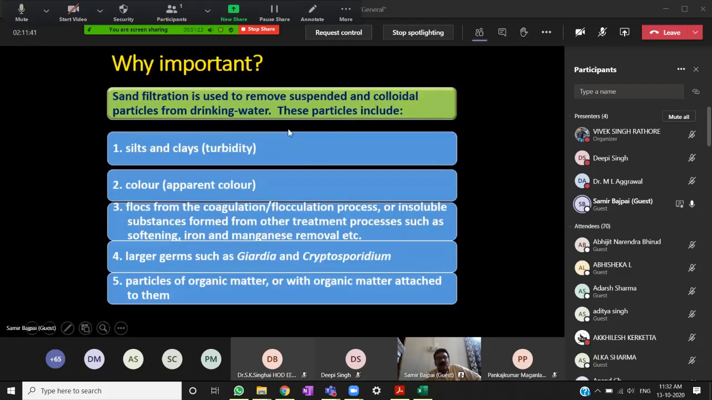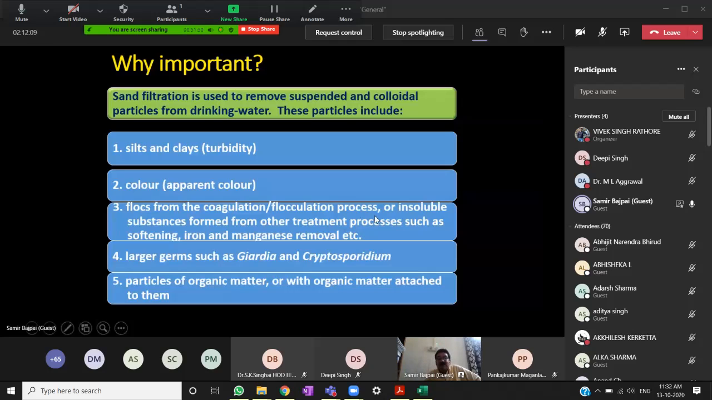Actually, it removes practically a lot of impurities. It removes silts and clays. It removes color, particularly color which is because of suspended solids, which is known as apparent color. It will remove all the flocks from the coagulation process, and insoluble substances formed from other treatment processes, like when you are going for softening, or for iron removal, all the